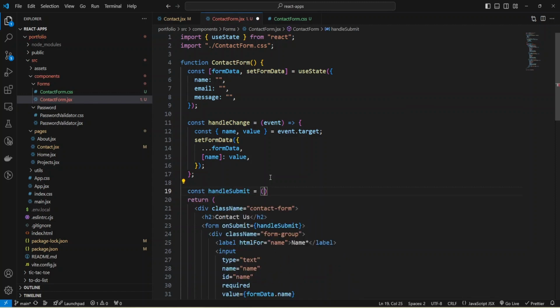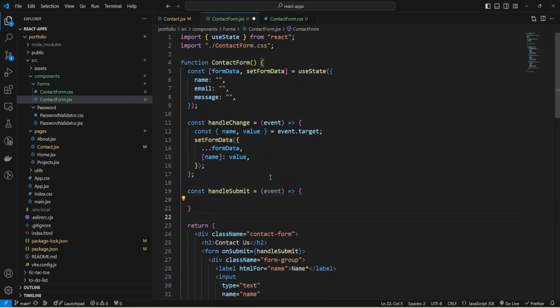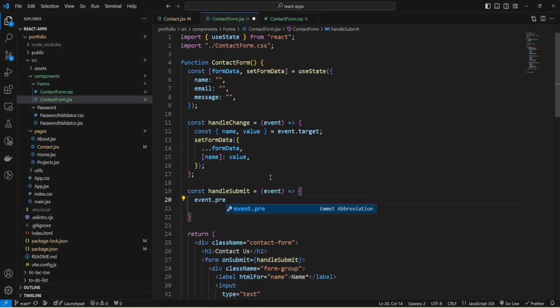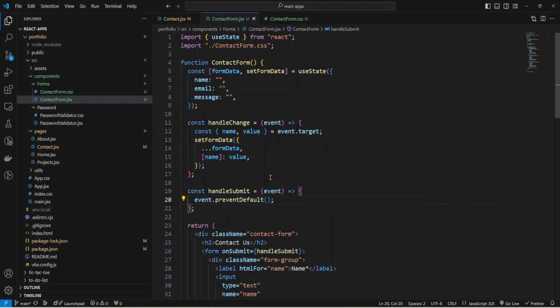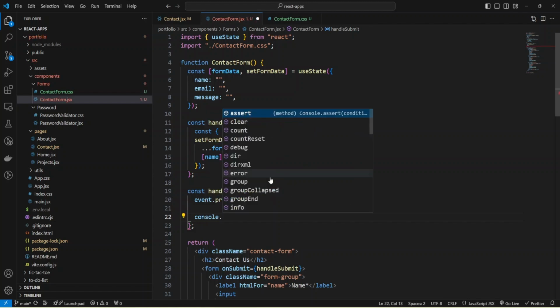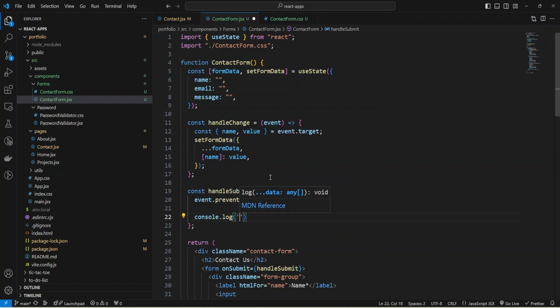It will be an arrow function, and inside I'm going to use event.preventDefault to avoid sending a form without data. By pressing the button I can check what we have in our form using console.log and provide the message submit form data equals, and check our formData.